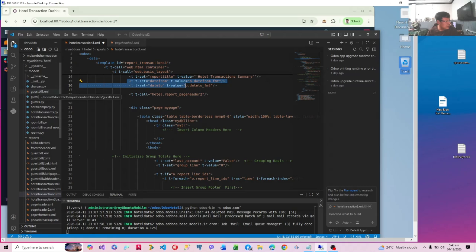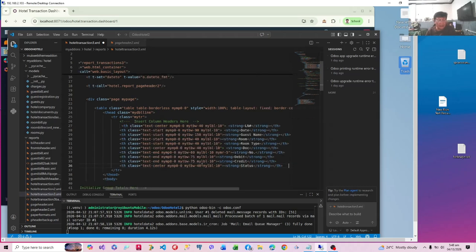We have called the specific page header. Now we are going to insert the column headers. So I'm just going to copy them because they're very long. There are about 9 lines, no? 9 lines, or rather 9 columns in our page header. Okay, there it is. 1, 2, 3, 4, 5, 6, 7, 8, 9. 10 lines. I'm sorry, no? There are 10 lines in our page header.